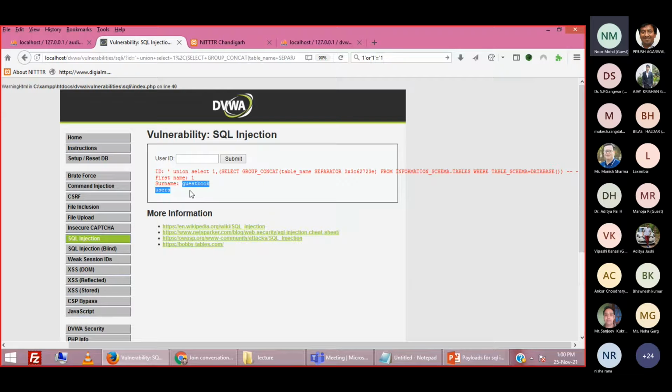Which table names are we getting? The tables contained inside the database of this particular website. This website was using the database DBWA, and this DBWA has two tables, guestbook and user. That is why it is showing me the table names of the particular database with which this website is connected, right?